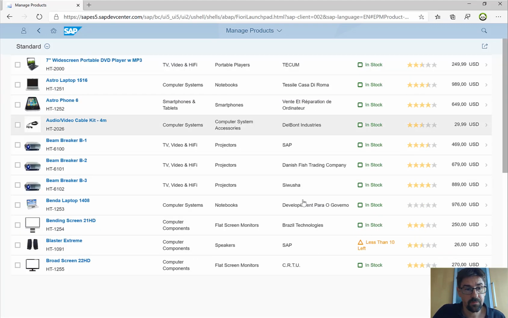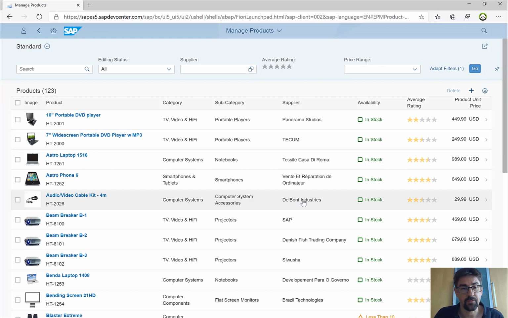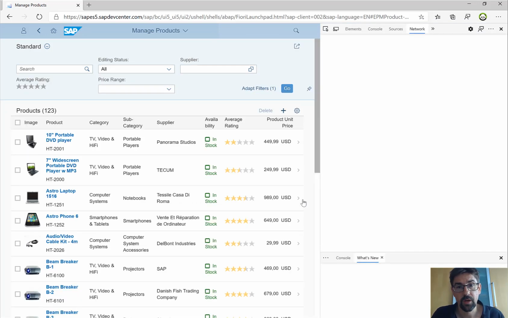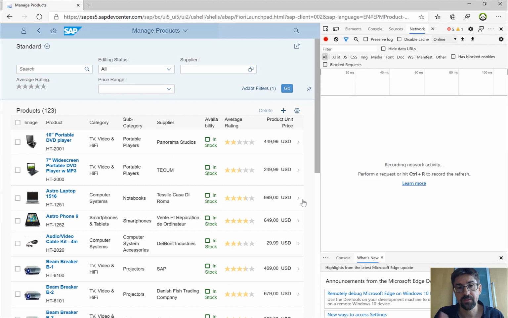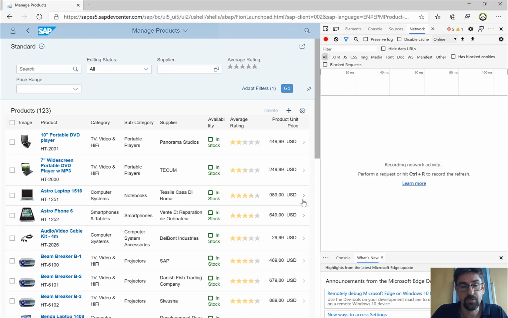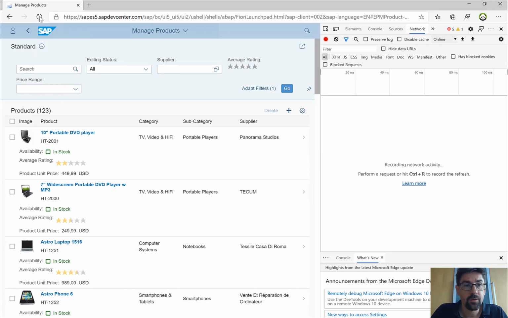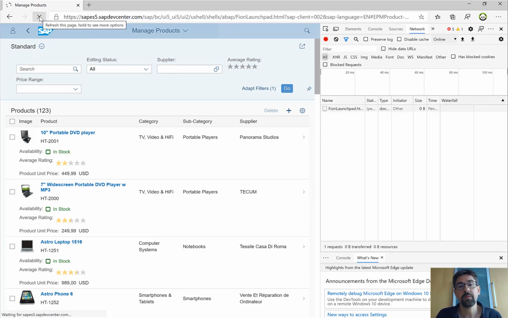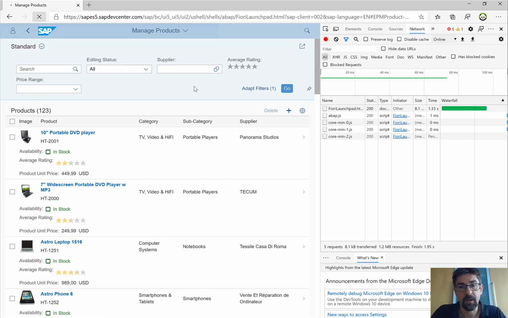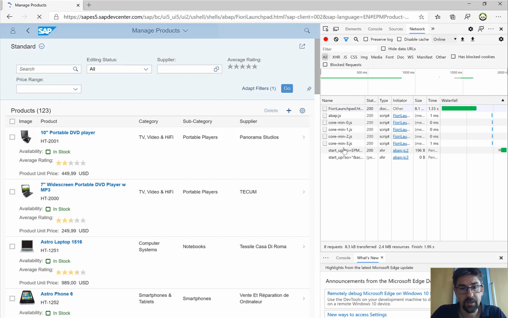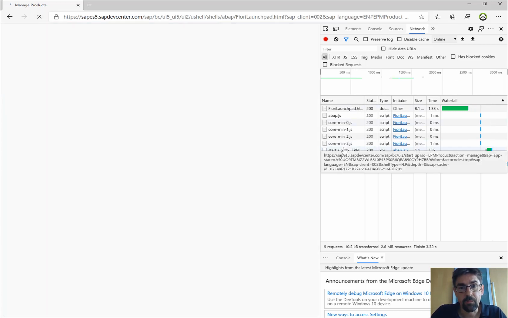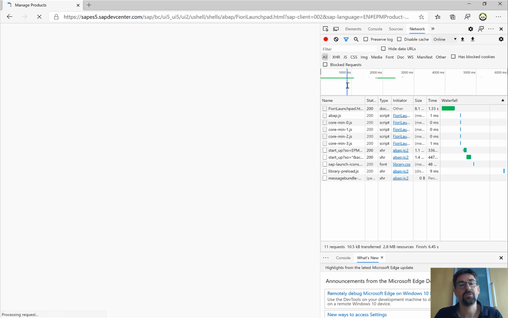You can see here the list of services. Now, either you know this, or if you don't, then we can start the developer tool. I'm using Microsoft Edge here, but in Chrome or something like that, you have the F12 tool, which means if I do a refresh here, I can see what's happening behind the scenes. So we're calling the HTML page and so on. And at some point in time, you'll see a $batch request.